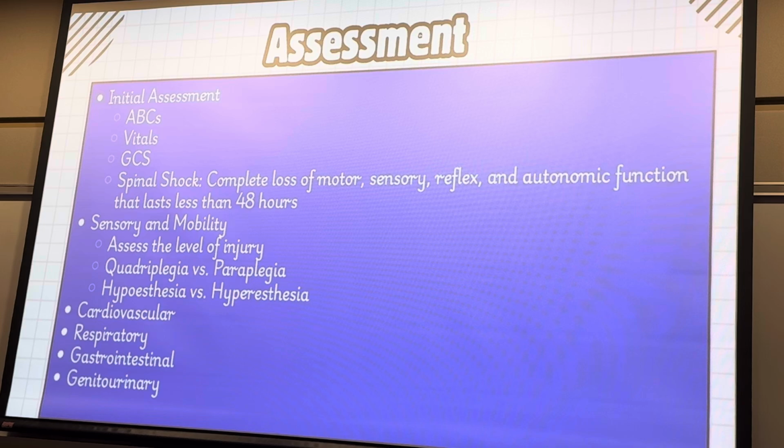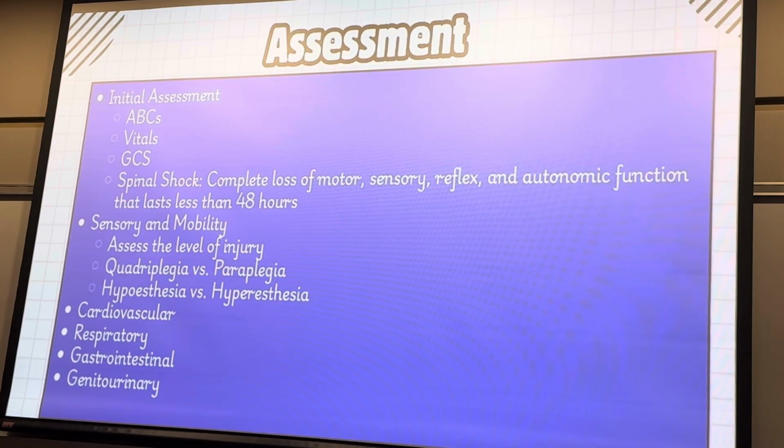Usually that's going to be less than 48 hours with your spinal shock. If I restore that perfusion, get rid of that edema or treat that edema, decrease that swelling, these symptoms should resolve over time. And then I can evaluate the true seriousness of my injury. What are going to be the longer term effects of my injury?